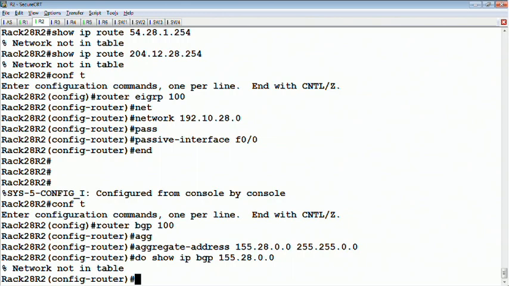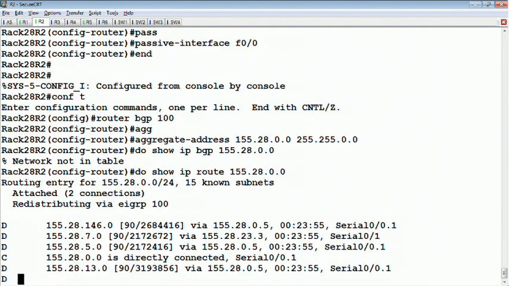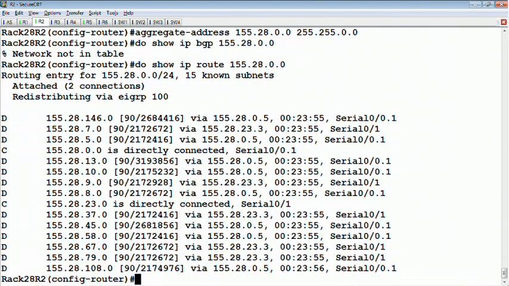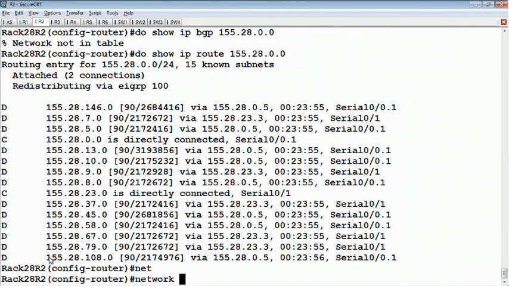Now, the simple way that I can do this is just to look at the routing table and essentially pick out any of these subnets. Doesn't matter what it is. Could be a connected route, could be a dynamically learned route. As long as one of those subnets are in the BGP table, then it's going to allow me to generate the summary. So let's say this very last prefix, network